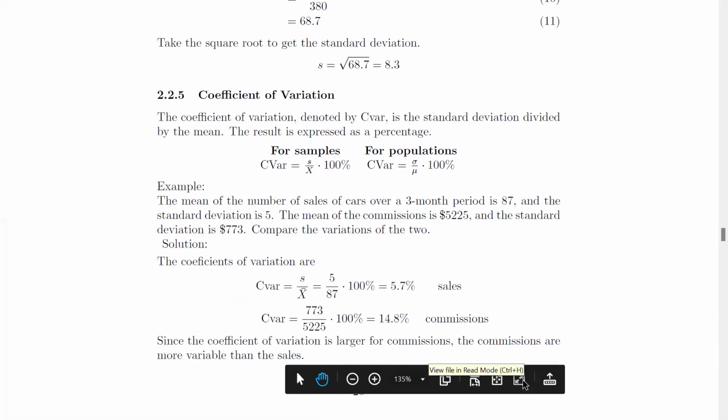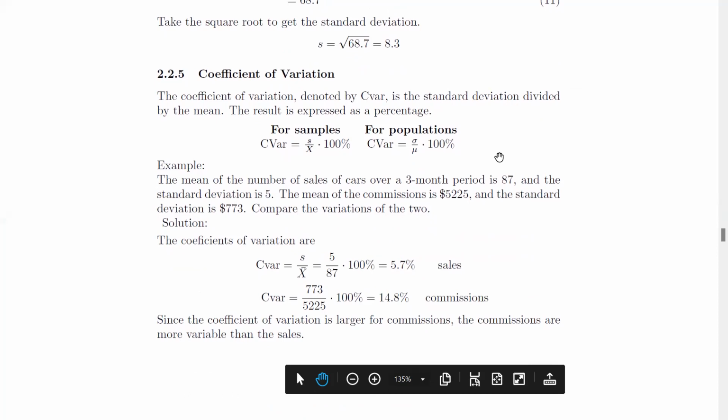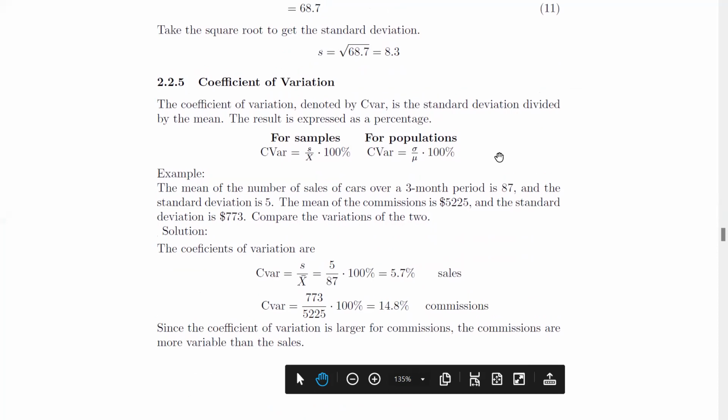So we shall now move on to some other measures of variation, which is the coefficient of variation. It's very similar to what we've done so far because it involves mean and standard deviation. However, this becomes useful when you are comparing two or more data sets to know which of the data sets has more variation than the other. You cannot just look at their standard deviations and conclude that the one that has a higher standard deviation has more variability. No, because